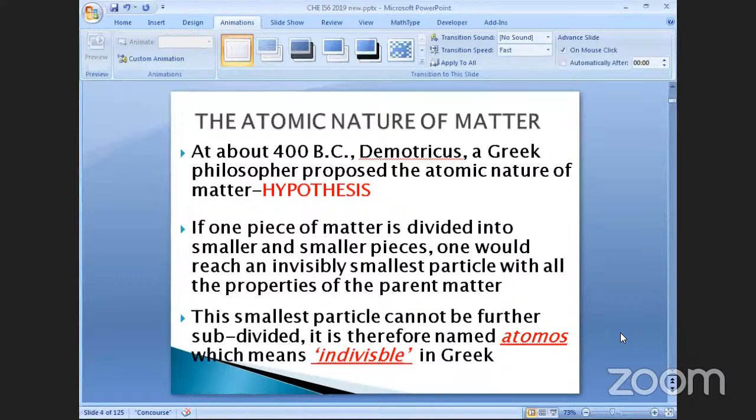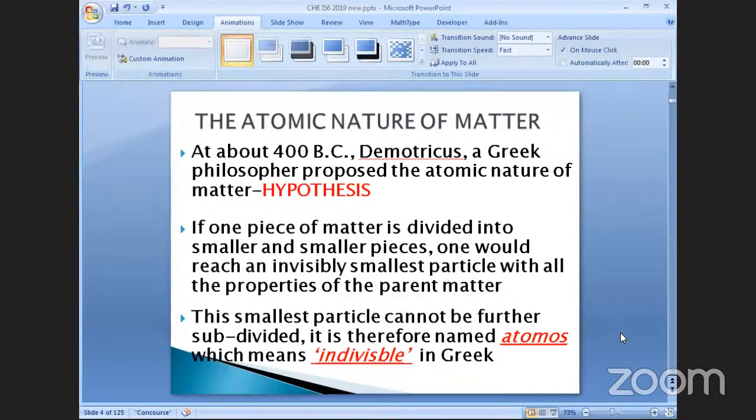By way of introduction, the atomic nature of a particular matter started as an hypothesis. It was proposed as an hypothesis as long ago as 400 BC. But the first recorded ones were by Greek philosophers,